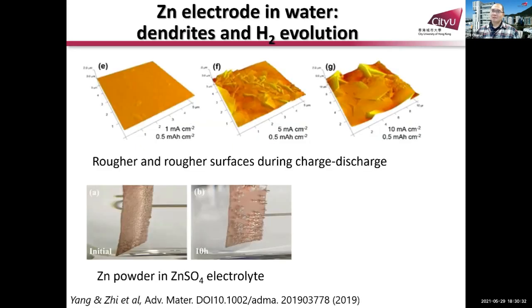The reason is that although we can achieve very good performance with the battery, zinc is negative, so if you put it in water, you get hydrogen evolution, and hydrogen bubbles will come out. It's like this: this is zinc coated on copper, and you can see some bubbles coming out. Also, if you do charge and discharge,